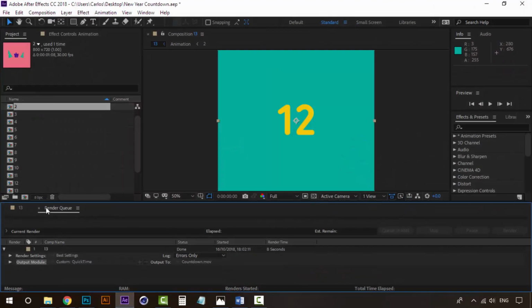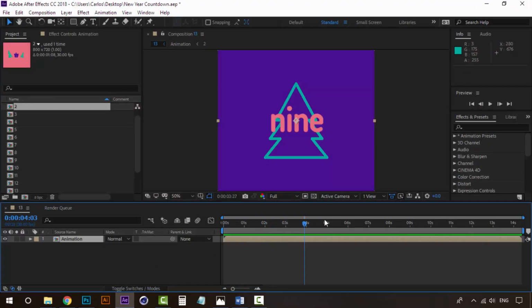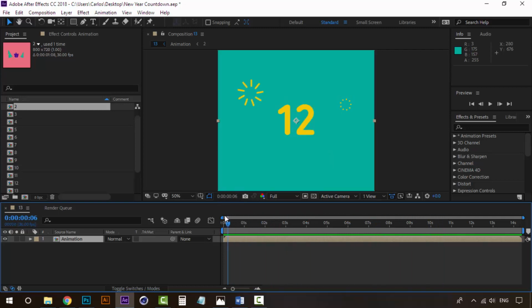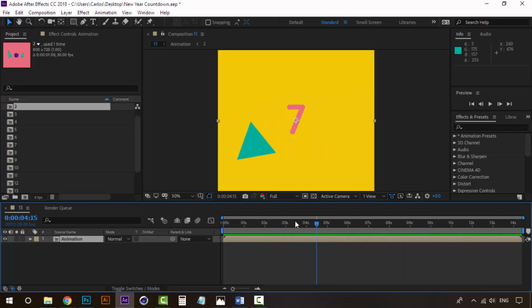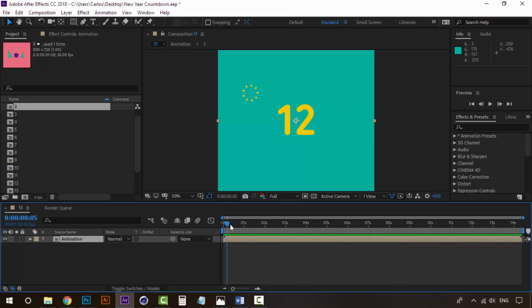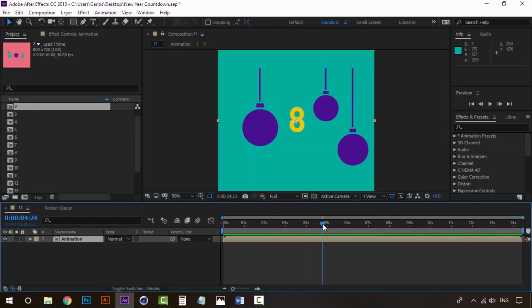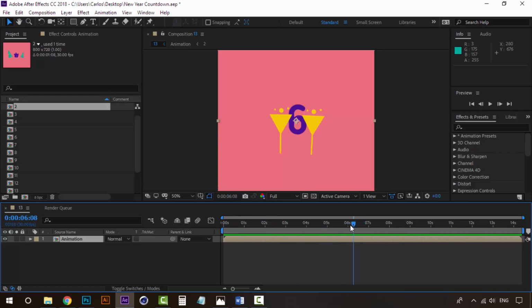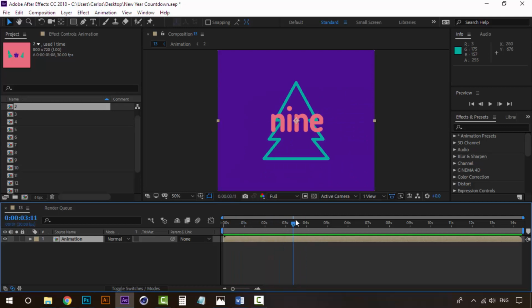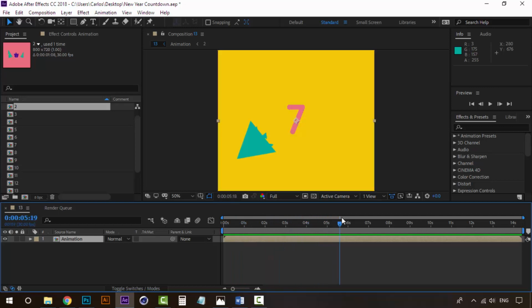So I hope that you enjoyed this course. You can see that it was really simple to create. Everything was a flat vector from Illustrator, and we didn't have to go into so much detail because you can see that all the illustrations were really simple. They were just abstractions of things. For example, the Christmas tree, the Christmas balls, this party cone, the glasses, the stars, and everything else was really simple to create with simple shapes on